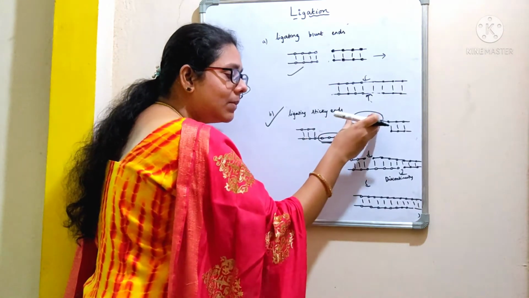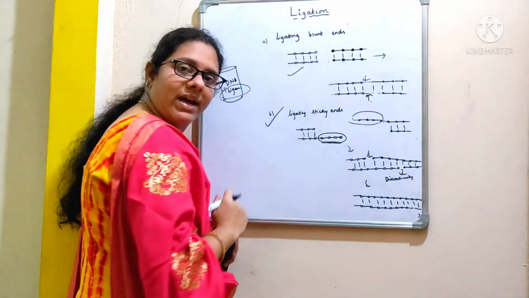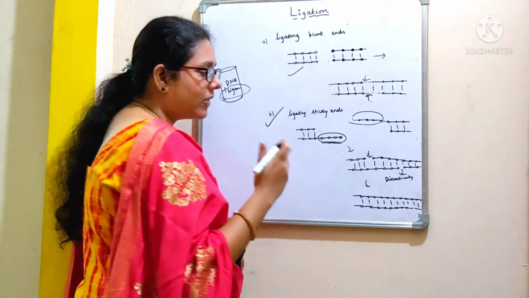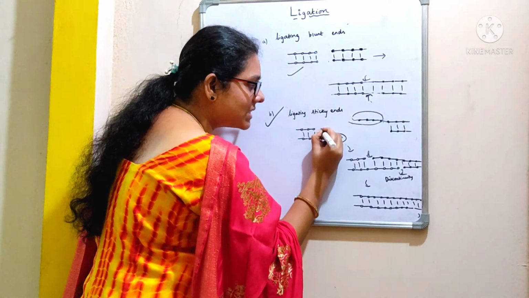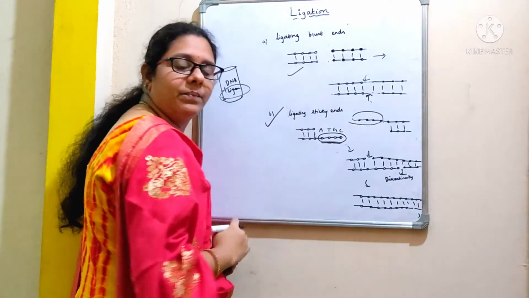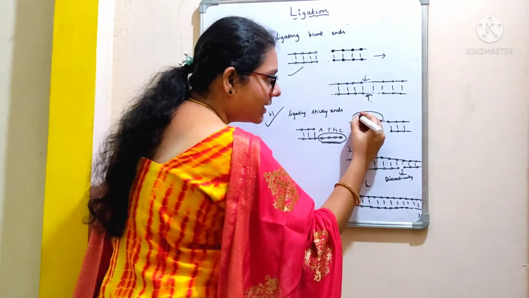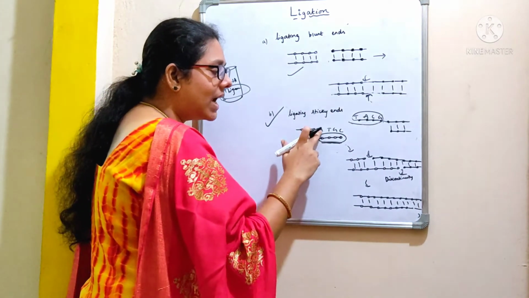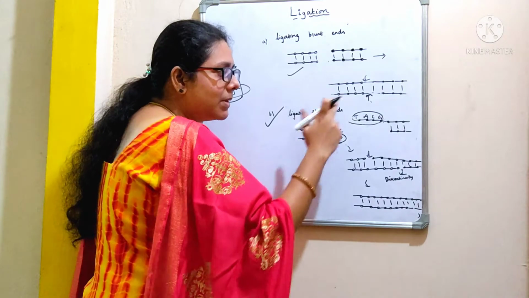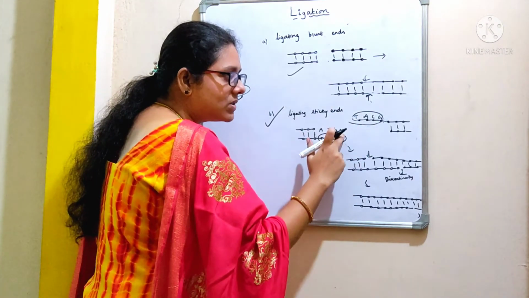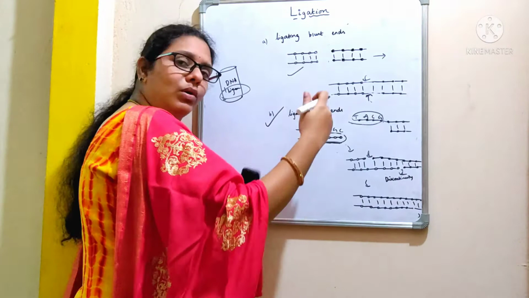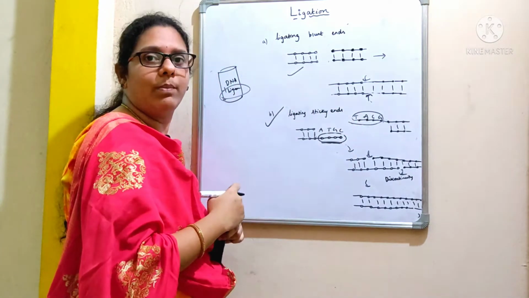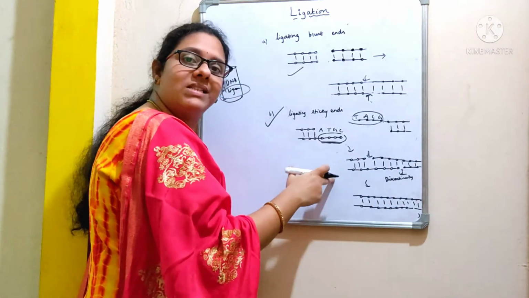As both the DNA molecules possess sticky ends or cohesive ends, they both base pair with each other. They form a stabilized structure. For example, if this sticky end has a sequence of ATGC, now the other sequence is TACG. Both base pair with each other, right? Why? Because adenine always pairs with thymine, thymine pairs with adenine, guanine pairs with cytosine, and cytosine pairs with guanine. They both are complementary to each other. Now they both base pair with each other with hydrogen bonding. That results in the formation of a stabilized structure.